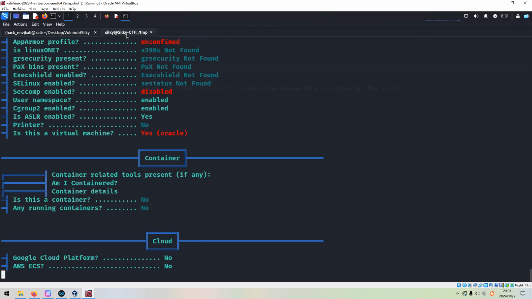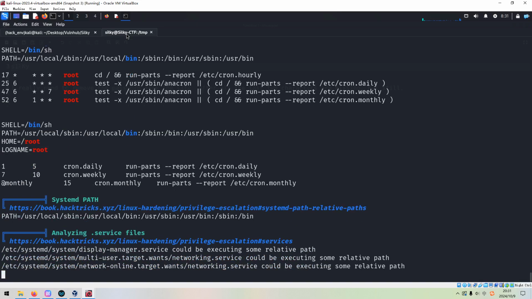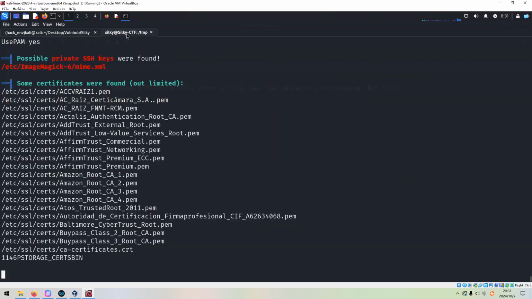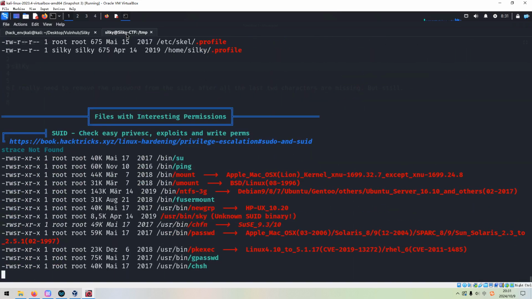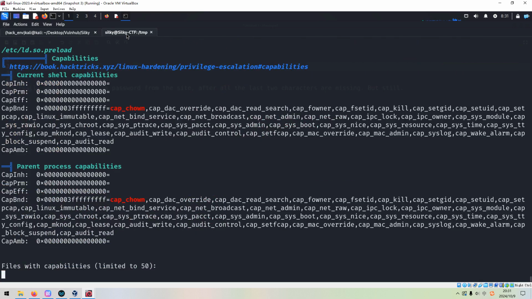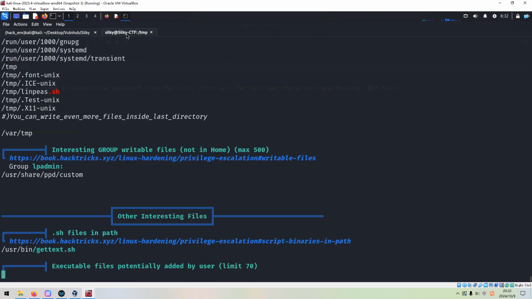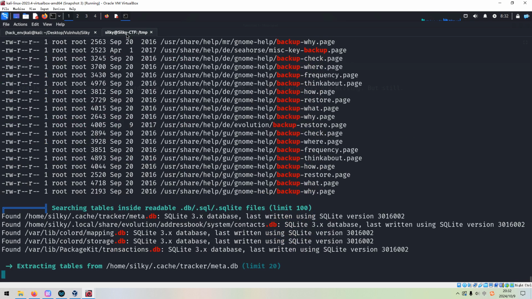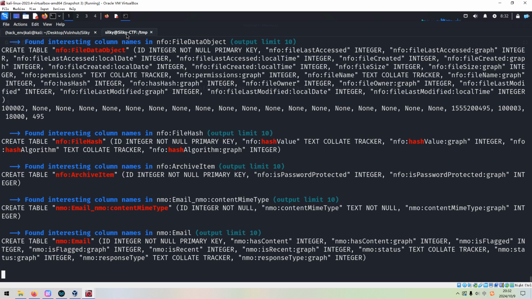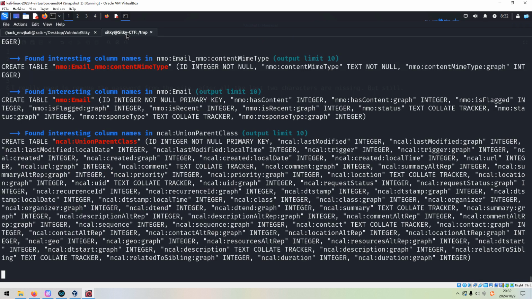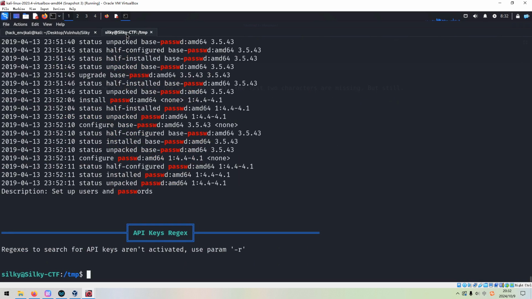As you know, the LinPEAS shell script can enumerate the target machine from various aspects, such as binaries with the SUID bit, binaries with capabilities, cron jobs, and local exploits. So rich information can be retrieved by this script.